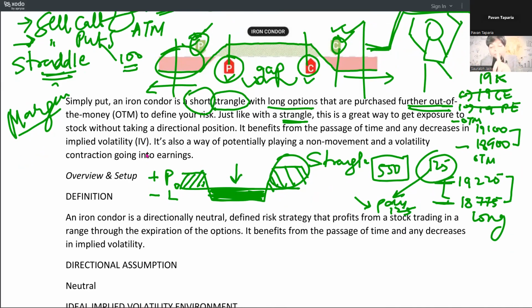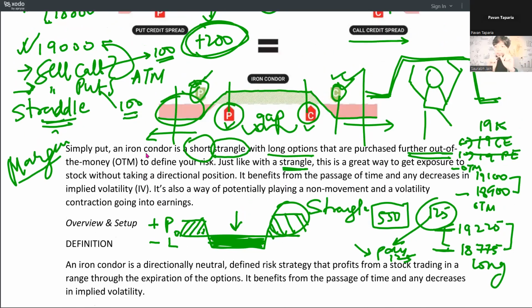Even if you keep it for 1 day, 2 days, 3 days, 5 days, the premium of the calls which you have sold, tell me something. Do you realize that the calls and puts which we have sold are nearer to the money than the call and put we have bought, right? Which call and put will have a higher delta, higher response? Obviously the call and put which are near to